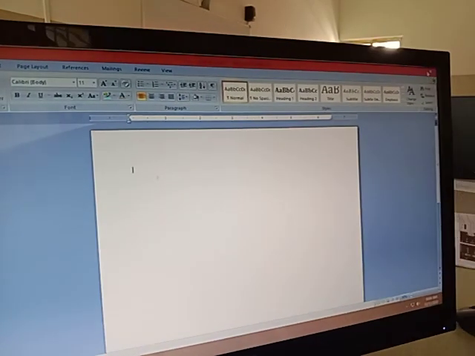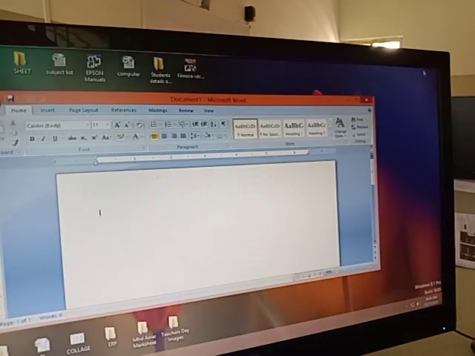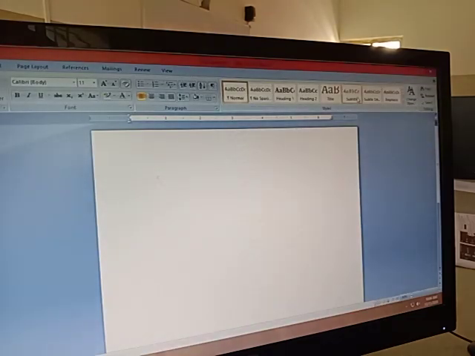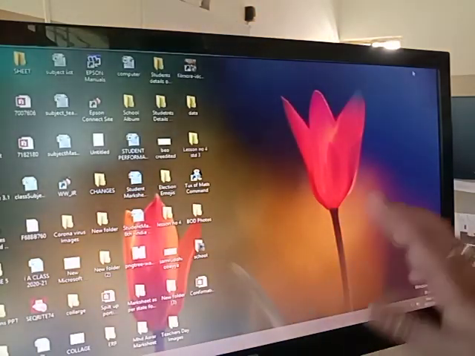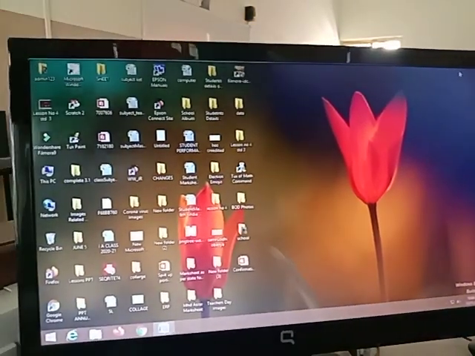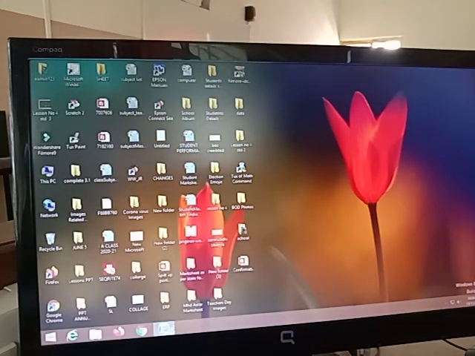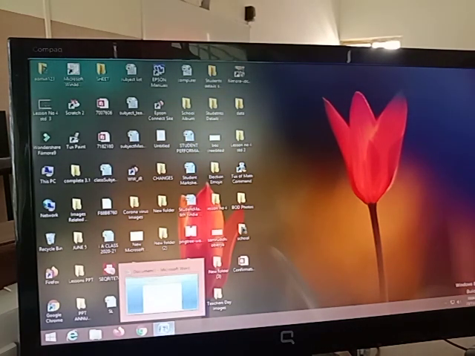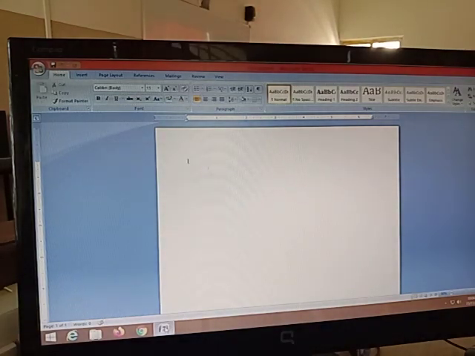So I can show you here. Here at the top corner, there are 3 buttons. First one is the close button, from where you can close the application. And the second one is the restore button. When you click on it, what happens? The window will be resized. Again, if you want a bigger one, you click on that, it will resize it. And the third option is minimize, from where we can keep the window on the taskbar of the system. So here you can see it. I will click on this this way.